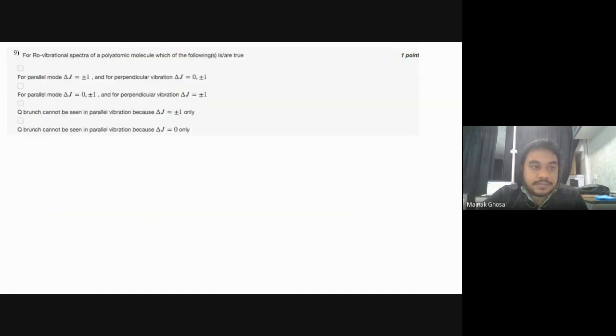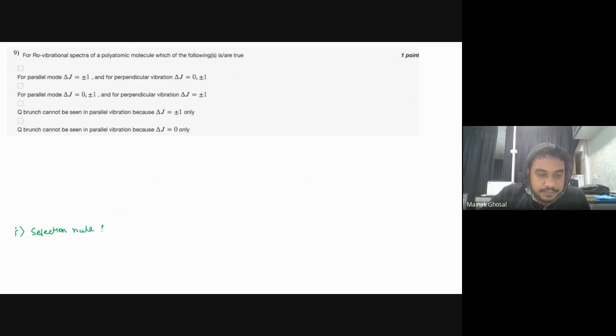Okay, fine. So I'm going to the ninth question for today. For rotational vibrational spectra of a polyatomic molecule, which of the following is or are true? For parallel mode, delta J is equal to plus minus 1. For perpendicular mode, delta J is equal to 0 or plus minus 1. That means here in your question, just understand the question: you need to find the selection rule